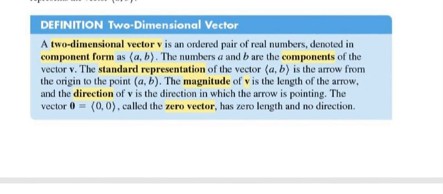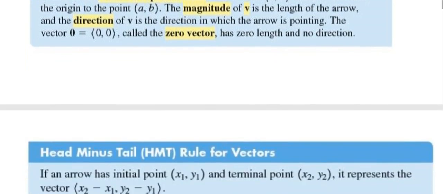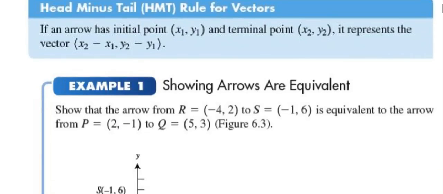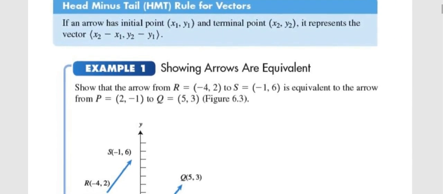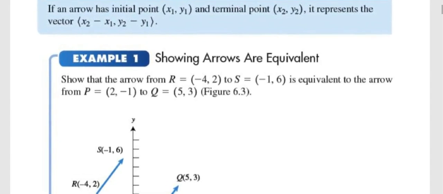Ooh, that's popular, right? The zero vector. How long is the zero vector? 0. Yeah, because it starts at 0, 0, and it stops at 0, 0. I know, I'm like, that's like a dot. Hopefully nobody calls you the zero vector. That'd be a cruel name. I don't know, people are bullies.